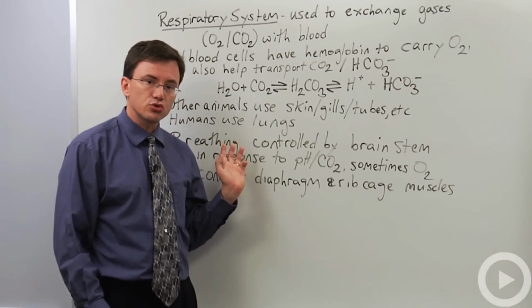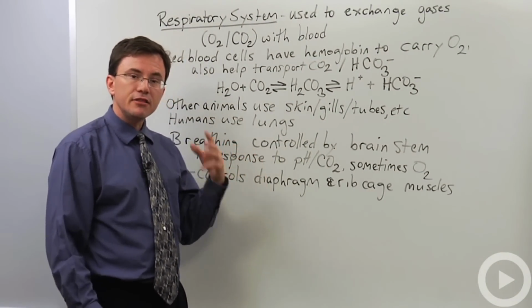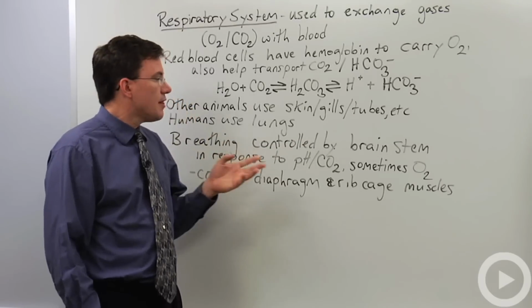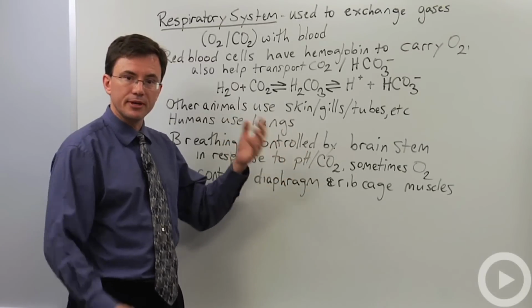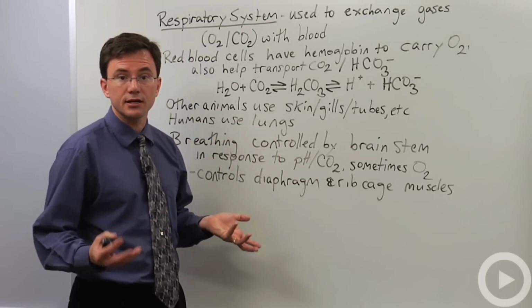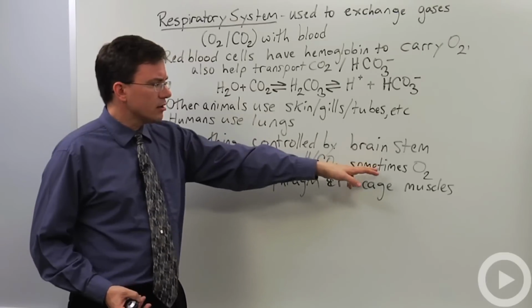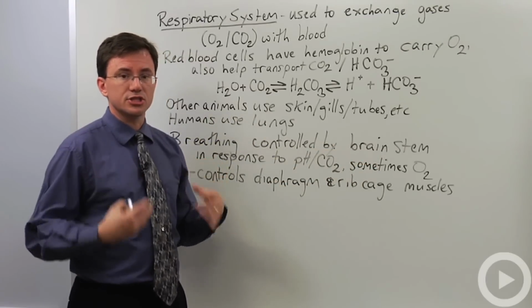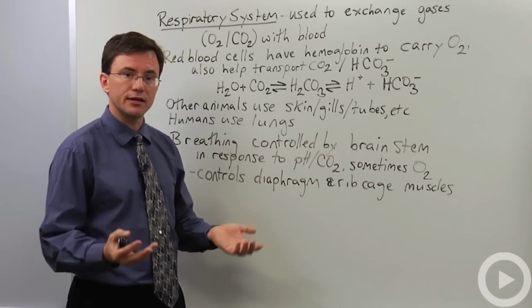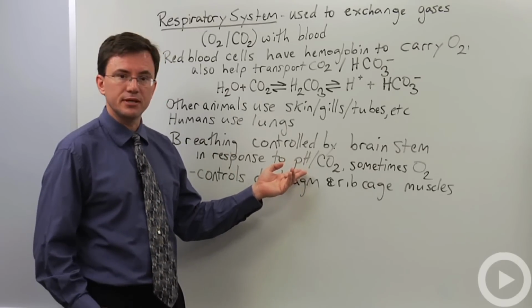The breathing is controlled by the brainstem. In there, you have special neurons sitting at the base of your brain that are detecting data coming in from sensory receptors that are detecting changes in pH or carbon dioxide concentration. Now, a lot of times people think, well, I breathe to get oxygen. That's why you want to breathe, but you're actually triggering when to inhale and exhale based on the buildup of